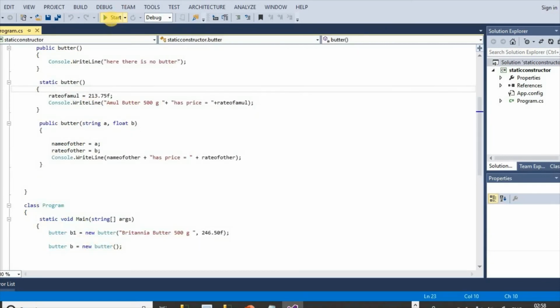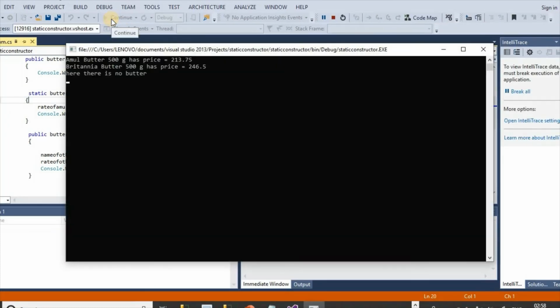If we run, we can see after the first instance the static constructor is called, and then the constructor with parameter is called, so we get this output. After the second instance, this static constructor is not called again.